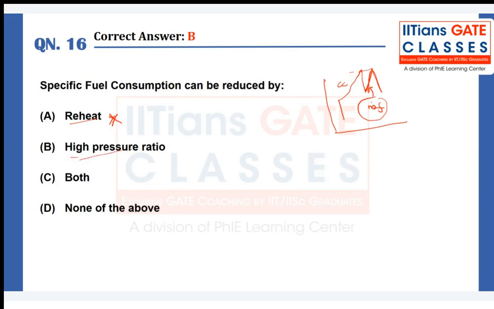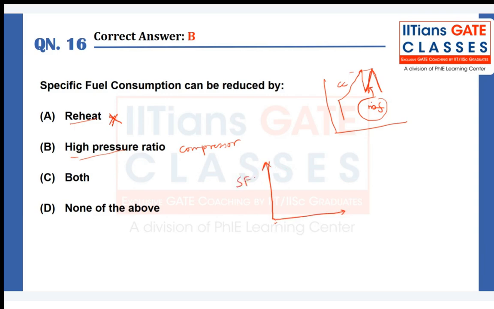Now, if you see option B, high pressure ratio, actually they should mention perfectly that they are talking about the compressor, they are talking about turbine. But in case we are assuming that it is high pressure ratio across compressor, and we are thinking that it is a simple Brayton cycle, so compressor and turbines are having same pressure ratio. If we assume like that, so if you would have seen in your reference books or theory classes as well,